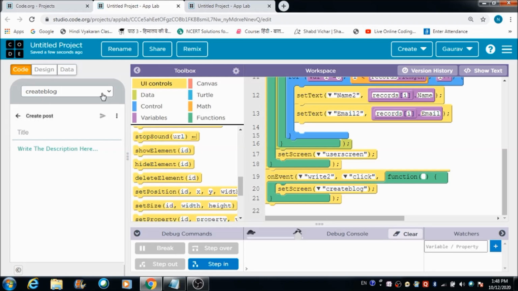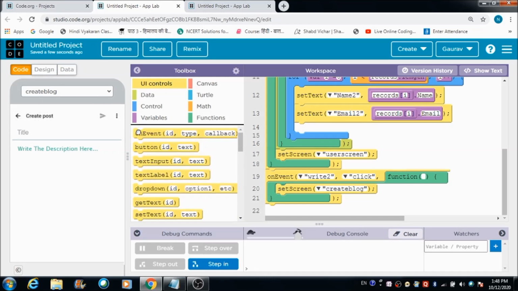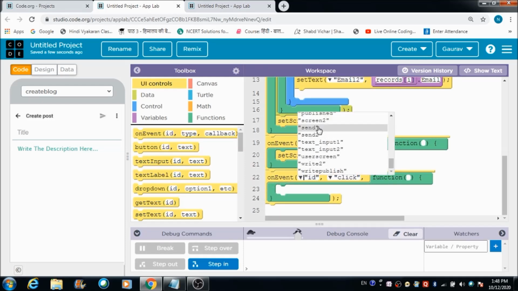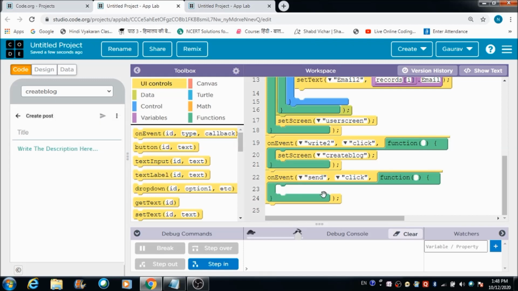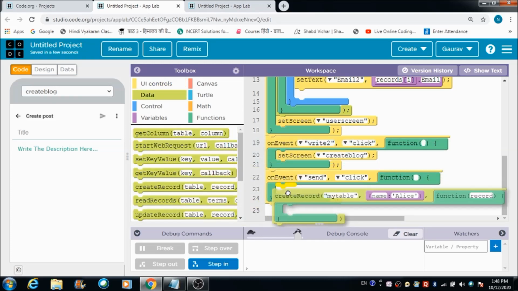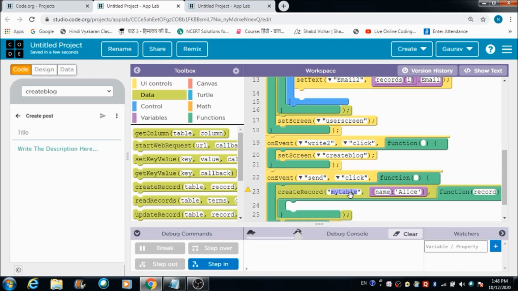Now let's define the code for the send button that we have got on this screen. Now when the user will click on the send button, I would like a table to get created, the name of which should be somewhat like, let's say, blog.